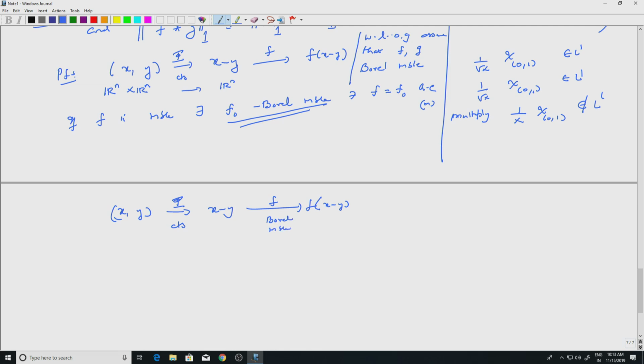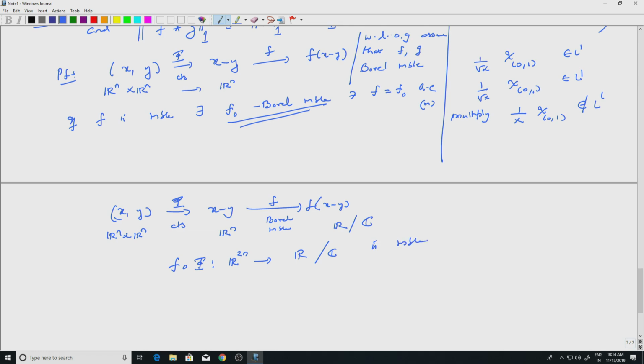Okay, so I'm going from R^n cross R^n to R^n to R, right? R or C or whatever, it does not really matter. And I want to know if this map is measurable. Okay, so what exactly is this map? This is f composed with phi, from R^2n to the real line or complex plane, depending on what f is. Well, this is measurable because f is measurable.